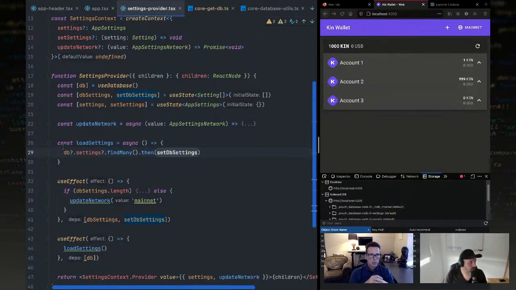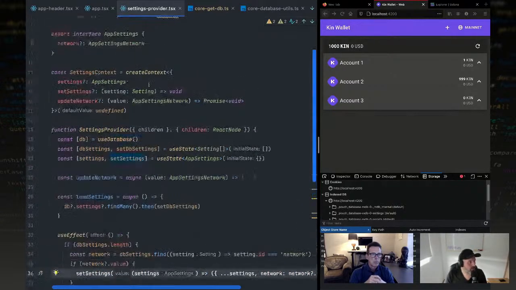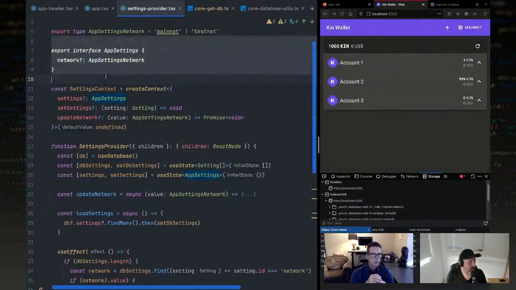So I'm just setting all the values. I'm going to plainly store them inside this use state here. So these are going to have all my database settings, which at this moment is only one record. And then I'm watching these, that if we have settings, I'm going to figure out if I can find the database value, and if so, I'm going to set it. So the end goal is to have this structure available. And this